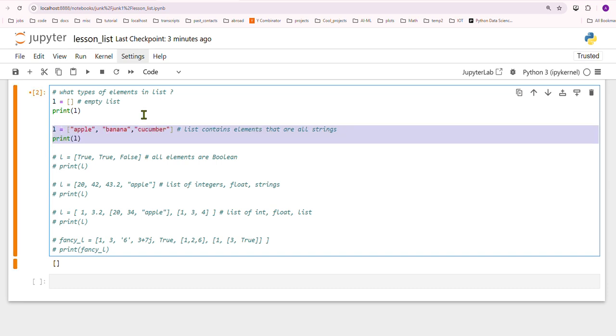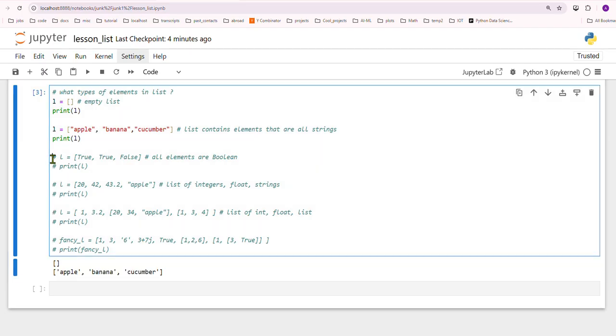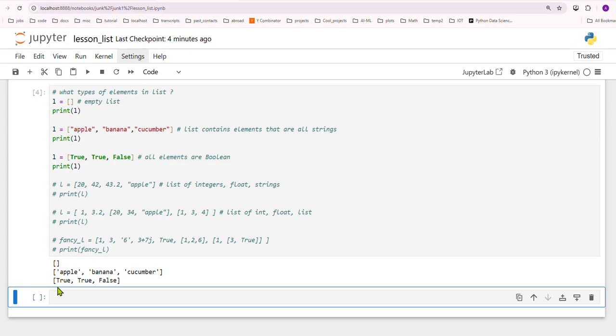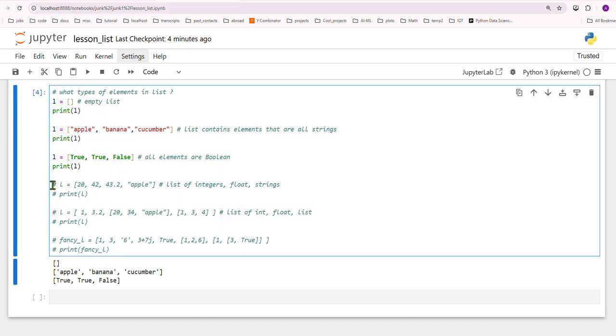In this case, I wrote three things: pineapple, banana, and cucumber. So in this case, the list contains elements that are all strings. This is a string, this is a string, this is a string. Now if I print L, it's going to print pineapple, banana, cucumber. I can have a list where all elements are booleans. You see, true, true, false. If I print this, it's going to print true, true, false. So my list can contain strings, it can contain all booleans, or